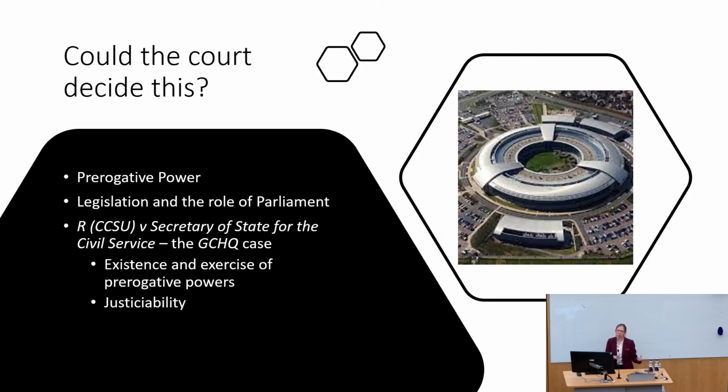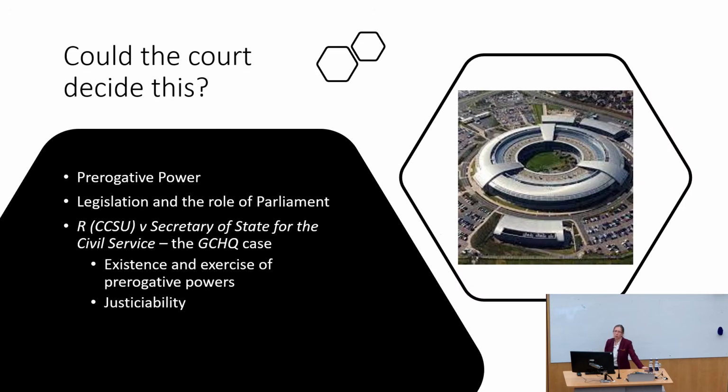So what had happened in the past was whenever they were discussing what was going on with the employment at GCHQ, they would consult with the unions. Understandably, the Minister of the Civil Service thought, if I'm going to ban trade unions, I'm not going to consult them first, I'm just going to ban them. So they hadn't consulted with them before banning them. And so they argued, your exercise is wrong. You've breached a legitimate expectation in the way you've used this power.